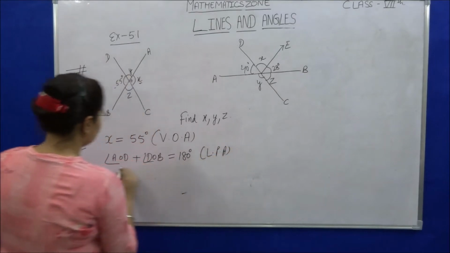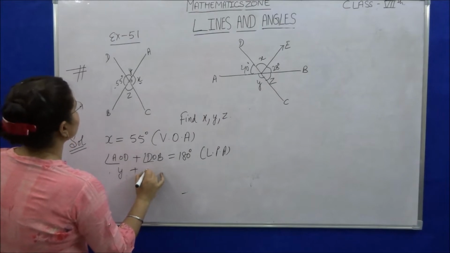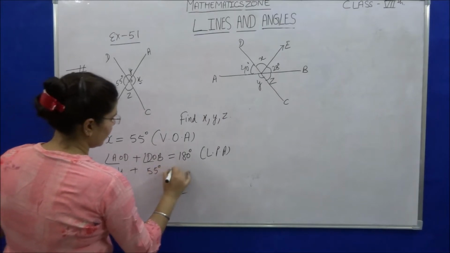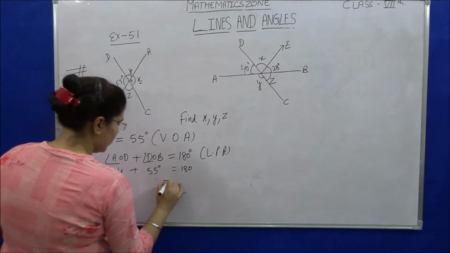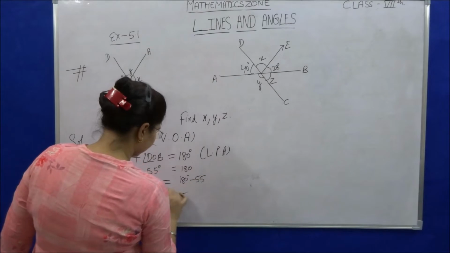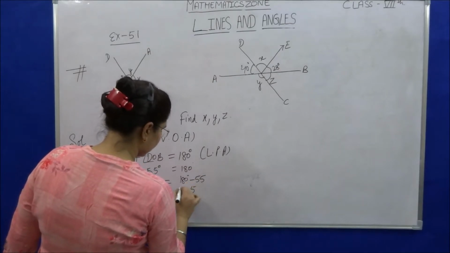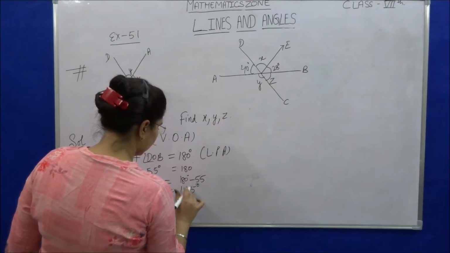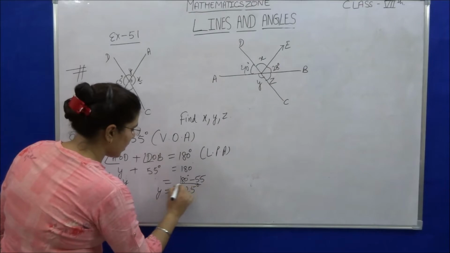So AOD is Y plus DOB is 55 degrees, that is 180 degrees. Now the value of Y will be 180 degrees minus 55 degrees. So the value of angle Y is 125